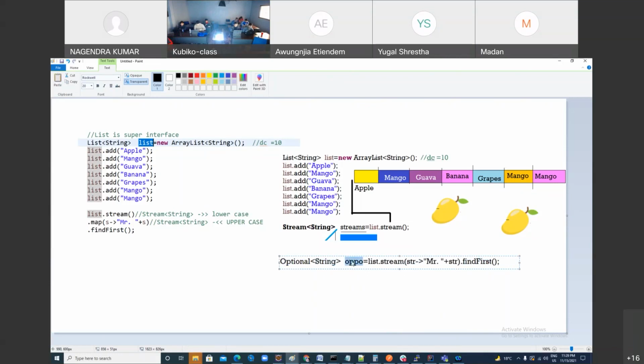So how can you ensure data is there? In the Optional interface, we have one method called isPresent. If data is present inside it, it will go to the if condition, otherwise it will go to the else condition. You got it? Because I'm going to use this everywhere throughout the code. So if data is there, you want to print it, you can write